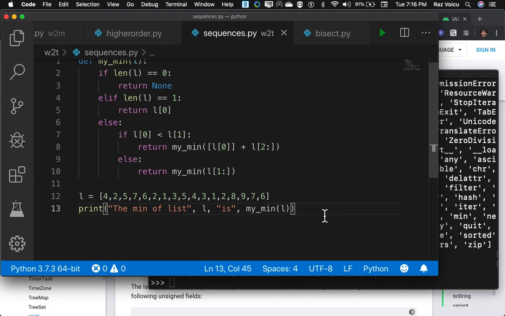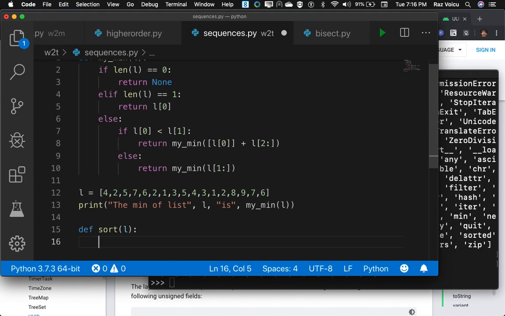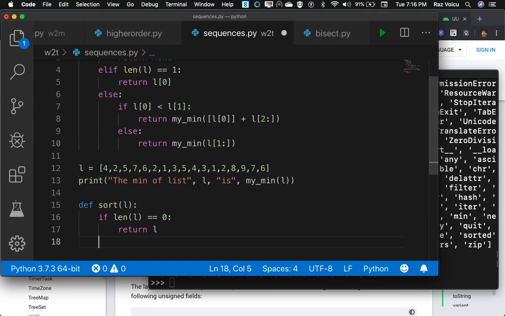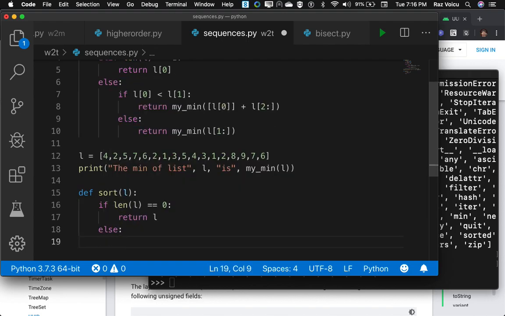Okay, how would we write a function that does the same thing? So I'm going to say def sort L. So obviously if we have an empty list, the sorted version of that is also the empty list, right? If len of L equals 0, return L. So if I have the empty list, I return the same thing. Else. Now, one interesting thing,